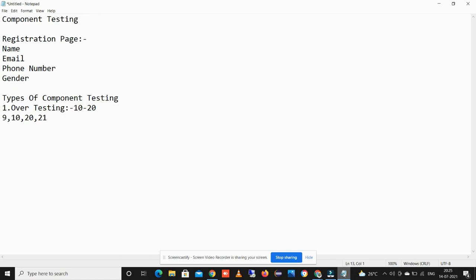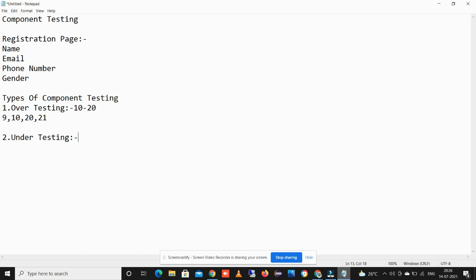And next one is under testing. As per the requirement, the mobile number field only expects a numeric value. As a tester, we need to test for positive and negative values.